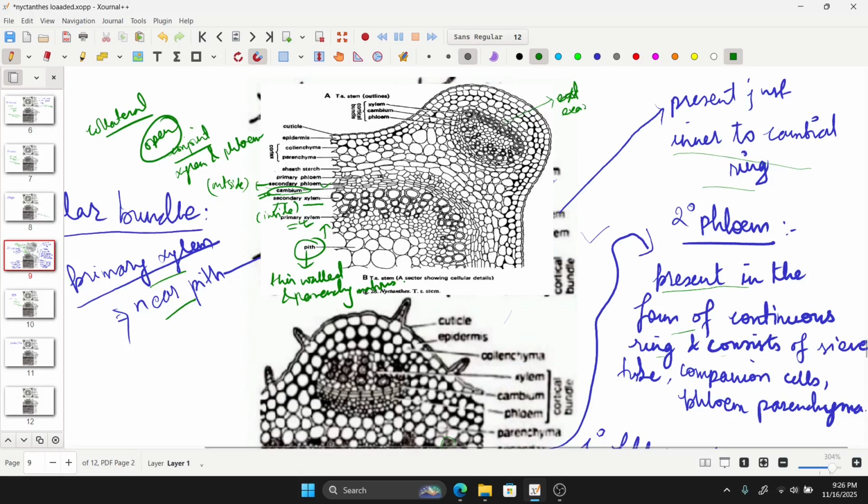The exarch type means that the protoxylem is towards the periphery and metaxylem is towards the center, which is just opposite to the normal case, that is endarch type of bundle, and they are inversely oriented and 4 in number, present at the 4 corners of the protruded bulges. And due to the presence of these cortical bundles,